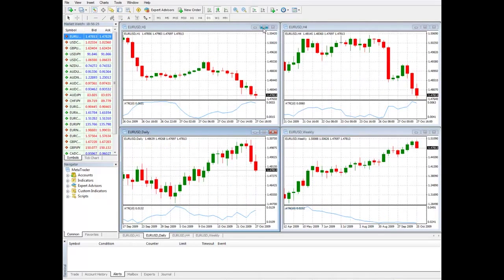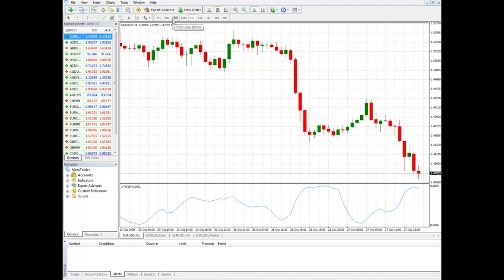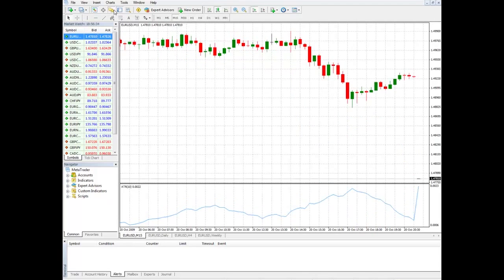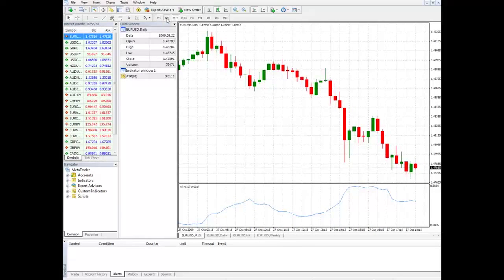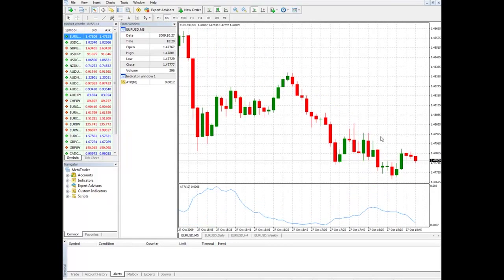Now, if you go to smaller time frames, let's pop this up. All right. Now, we're looking at an extremely short time frame here. This is 5 minutes. Many people do scalp,